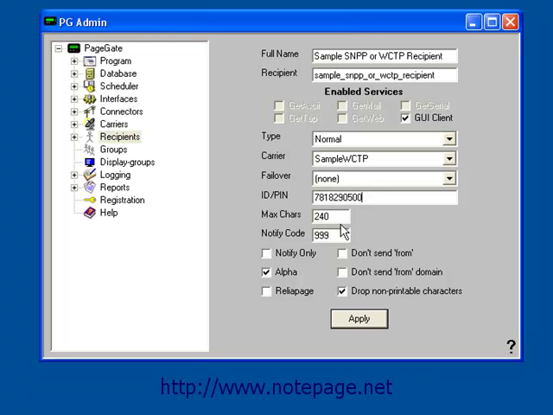Next, you'll see the max character field. If you've gone through our carrier tutorial, you'll remember that the carrier also has a max character setting. The carrier's max characters determines the number of characters that this carrier can receive in one message. This field, in the recipient settings, determines the maximum number of characters that this recipient should be able to receive from PageGate. If the recipient's max characters is higher than the carrier's max characters, the program will split the message